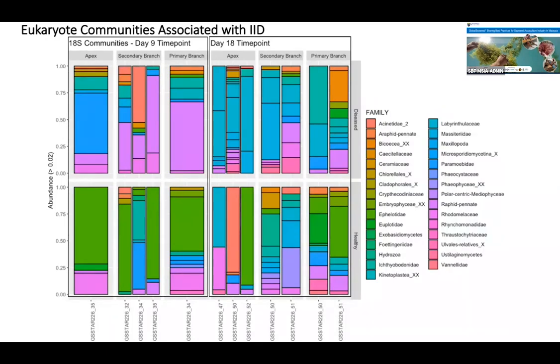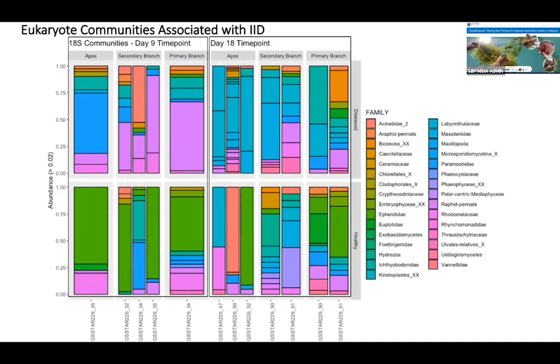So 18S is a fairly poor molecular marker for both of these groups, but the closest relatives to the sequences recovered are Neosiphonia and Streptocladia for Rhodomelaceae and Ulva for Ulvales, and so these are being sequenced separately using more informative markers, so that's rbcL and tufA respectively. With the exception of Ephelotidae, the same eukaryote taxa are present in the diseased tissue, though at a much lower relative abundance. For the day 9 samples, the diseased tissues are dominated by raphid pennate diatoms, so relatives of Nitzschia and Navicula, and Neoparamoeba and its endosymbiont Perkinsela in the apical sample.